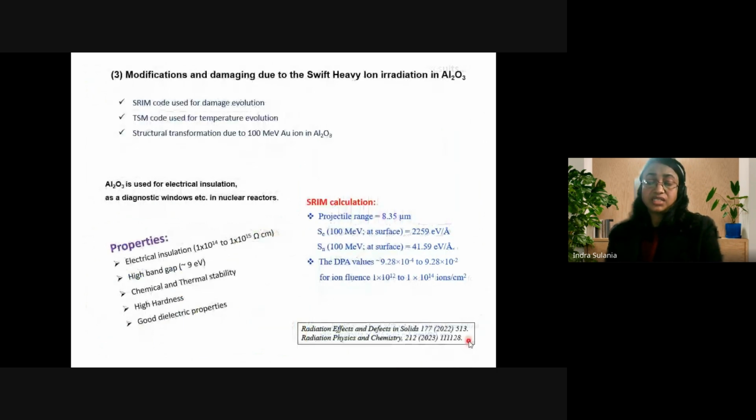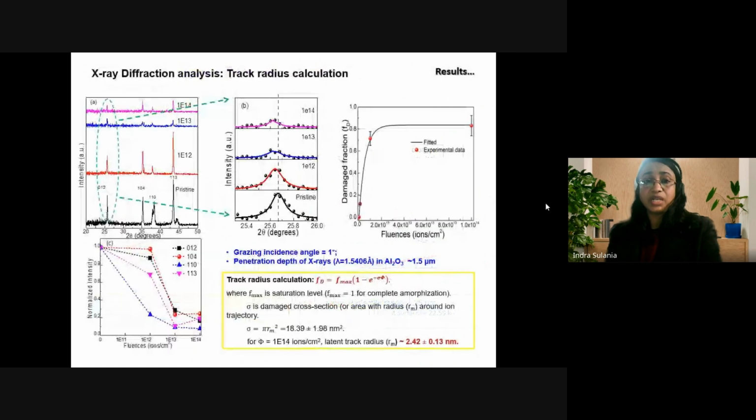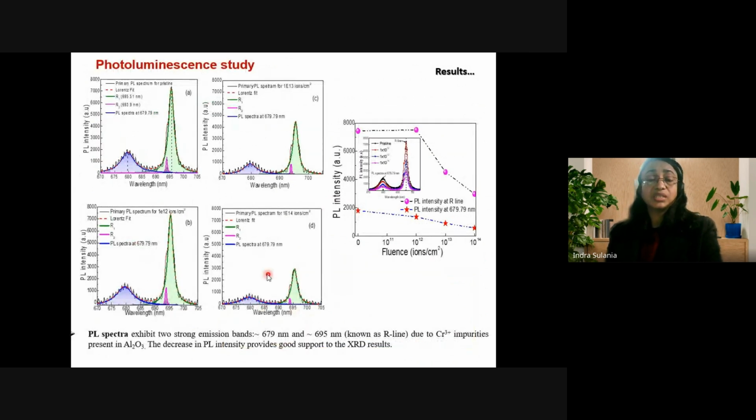In the second study, as our center is an ion beam accelerator center, it is important to find out what radiation shielding material we can use. And sometimes in nuclear reactors also, such kinds of studies are very significant. So on the alumina, we did some irradiation measurements, and you can see that as we are irradiating, the XRD peaks become lower in intensity. So crystallinity is decreasing, and there is a little shift, a little phase change there. That shows that it is actually making some impact over it.